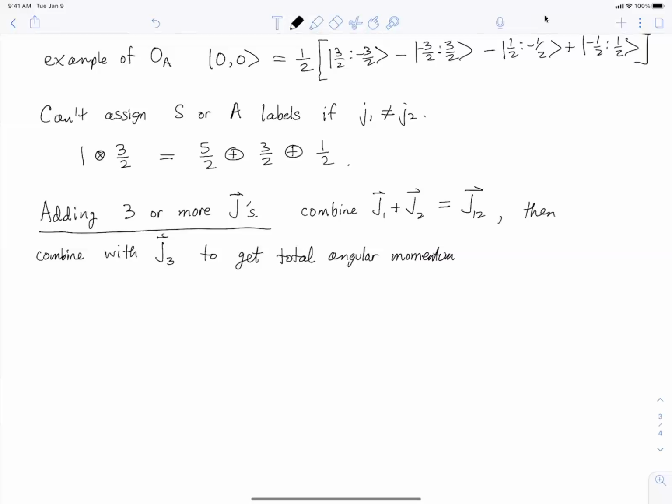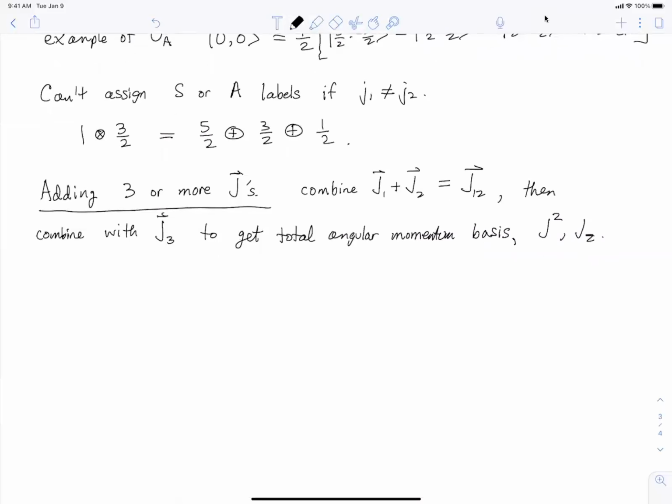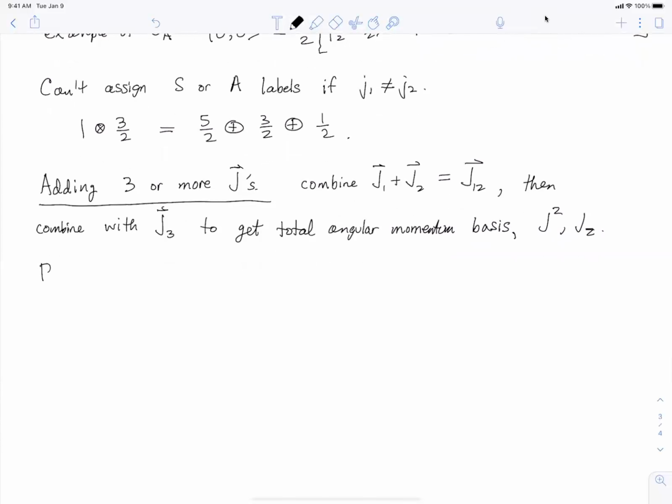So this can be quite complicated because you're going to use Clebsch-Gordon coefficients, and then you're going to use Clebsch-Gordon coefficients on top of that. But at least it's an algorithm that can be followed. Okay, and the total angular momentum basis means that you have eigenstates of j squared and j sub z. But one thing I want to emphasize is that when you do this, you are very likely to need redundancy labels. In fact, I should say you need additional redundancy labels,